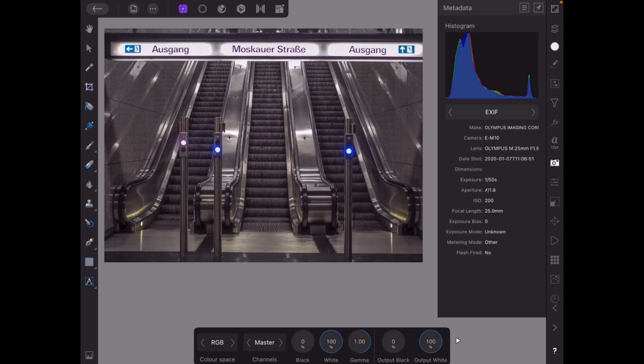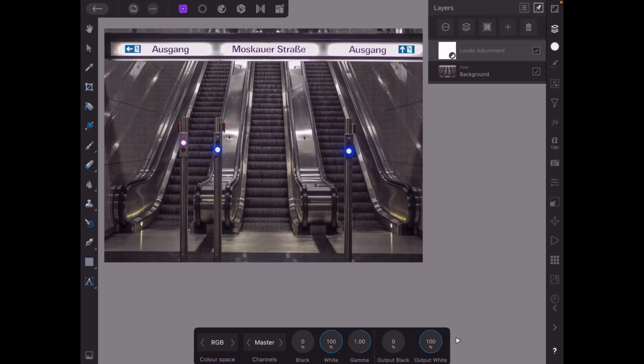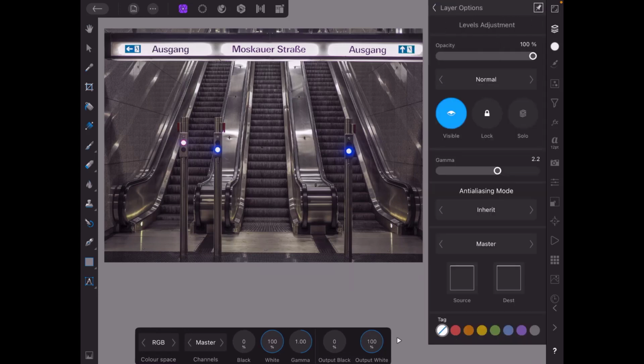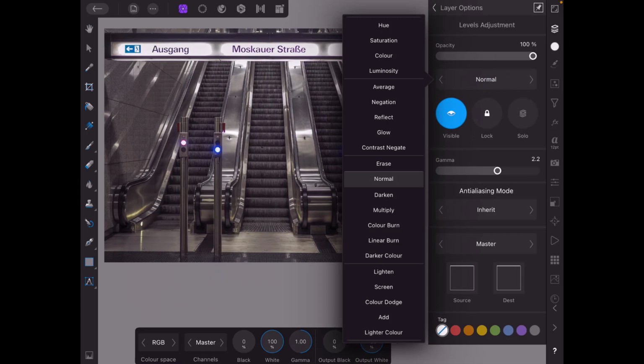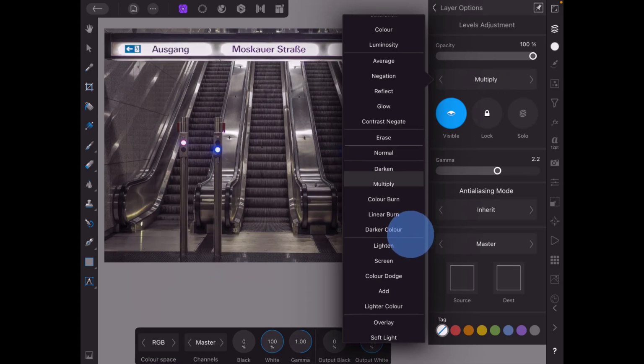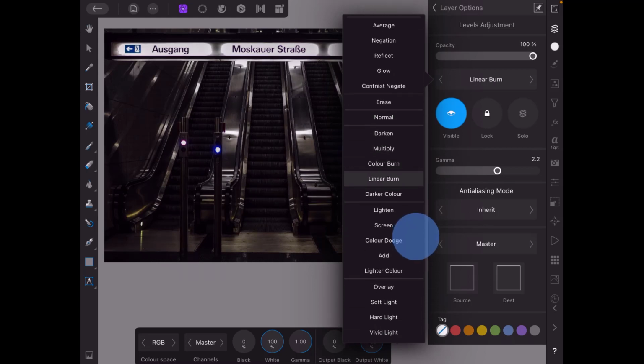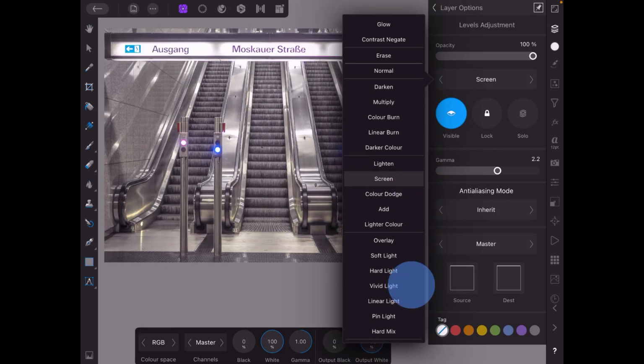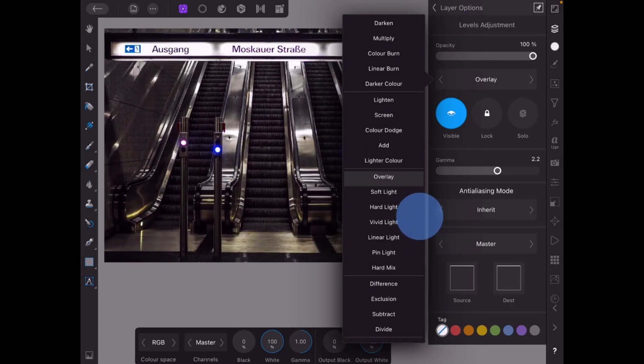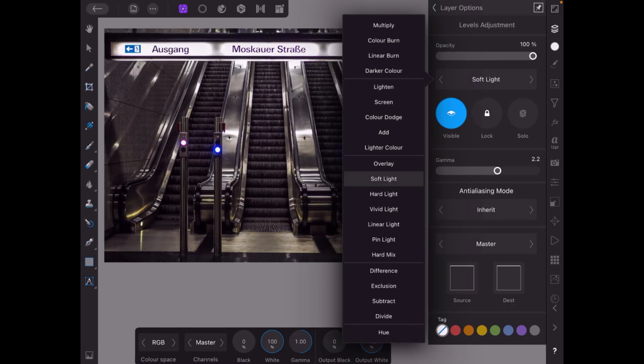the blend mode option, so I have to come off of this histogram and use the more option and change the blend mode by just tapping on the word normal, holding it for a little while, and then moving over to the left. And like I explained in the previous video, multiply would make it darker, screen will make it lighter, and a more balanced version is overlay or soft light. And obviously you can pick whichever one you want, but I'm going to leave mine on soft light, and then